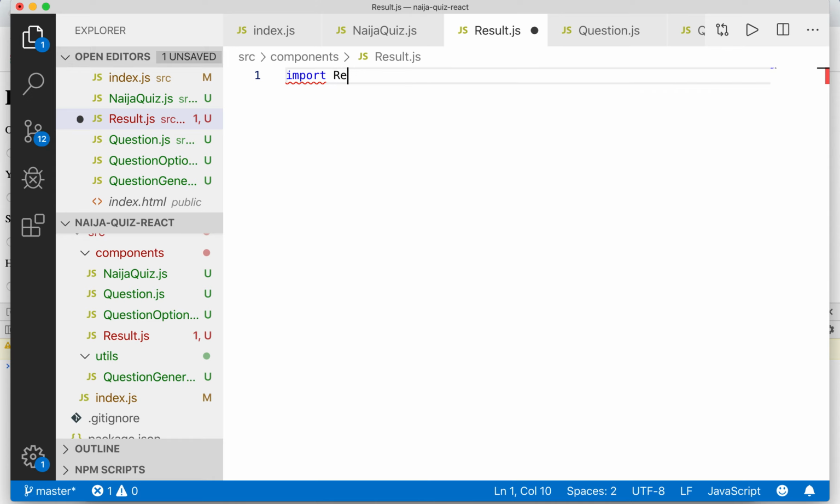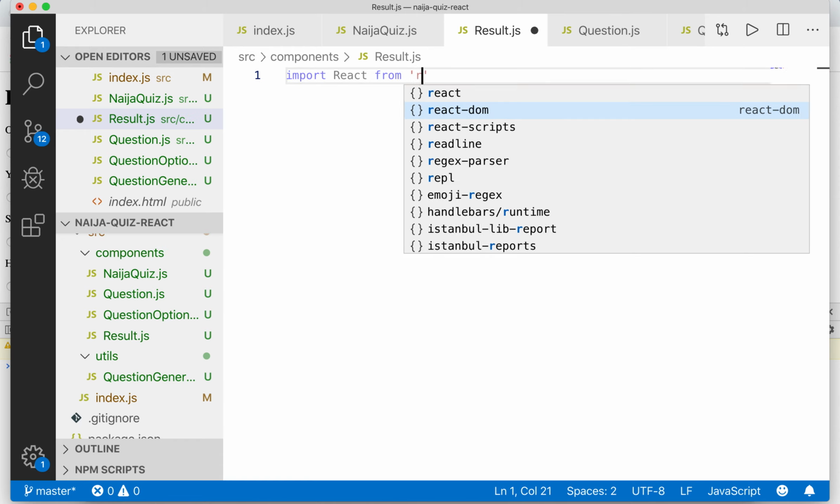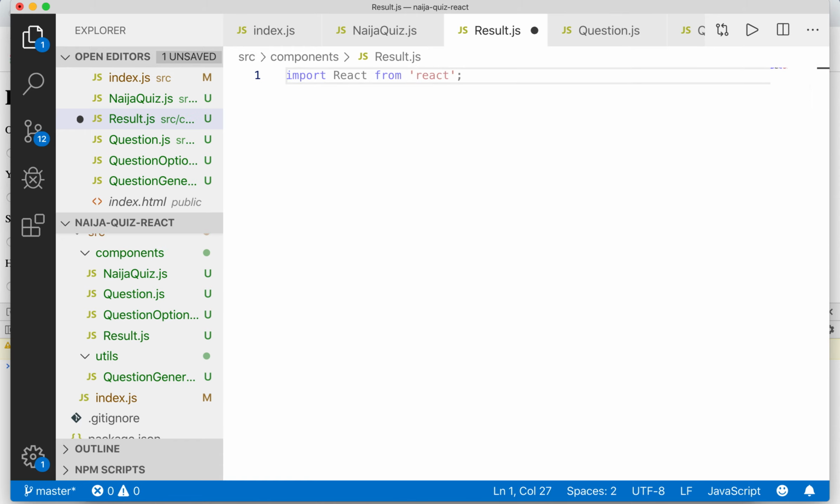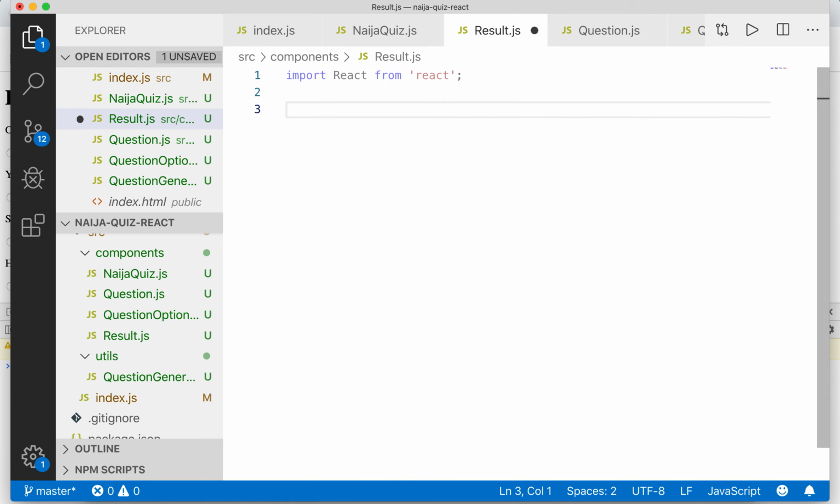So in the result we import React from React, then we use a function component here, function result, because we're going to be passing in the props of the final score. We add some props here, then we export